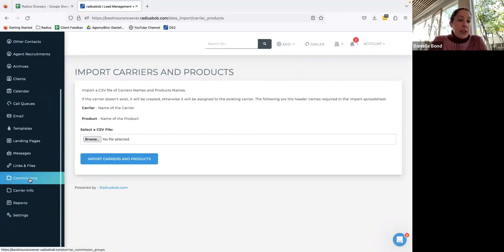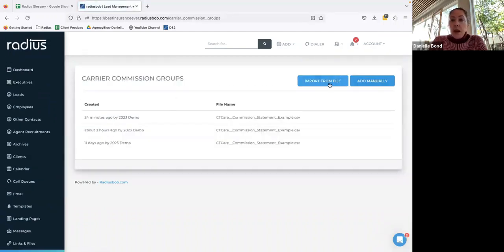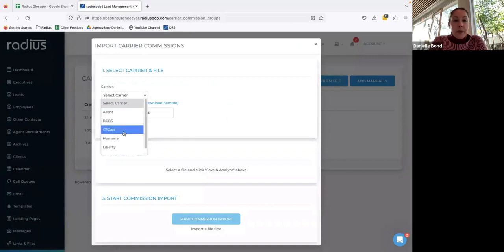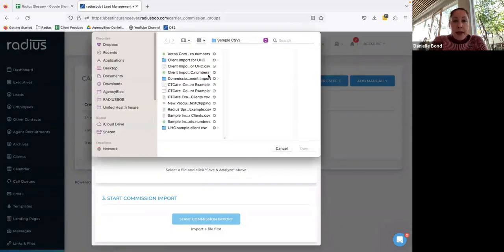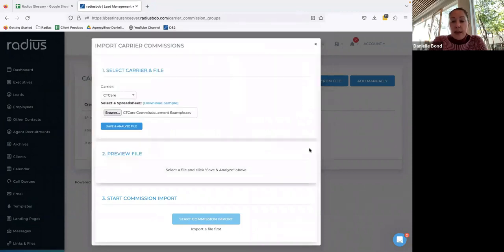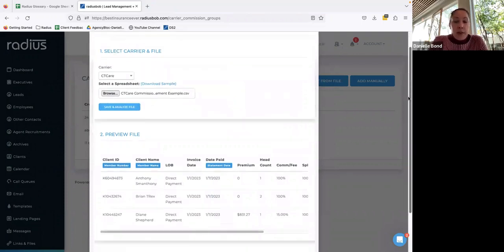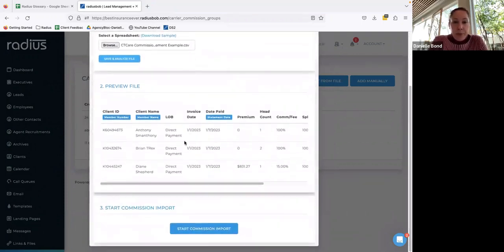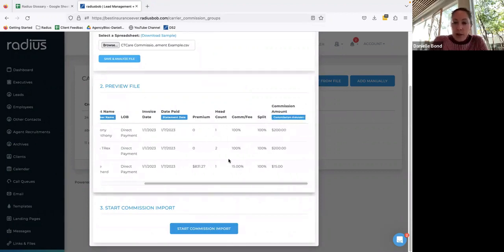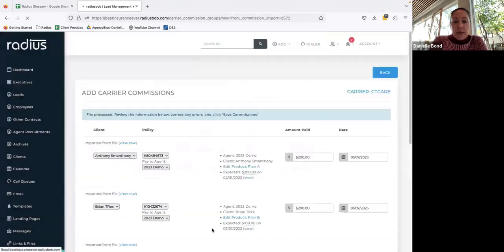Okay. So now let's look and see how you'll do that reconciliation. If I go to this commission module, I can import a file. We've mapped the carriers for you, but if there is an issue with any of the carriers coming through, you will need to send us a ticket and let us know the header row of that file. There have been issues with Humana, for example. So we're looking at those, trying to get that resolved. But this one found itself, found the relevant data. So now if I hit Start Commission Import,